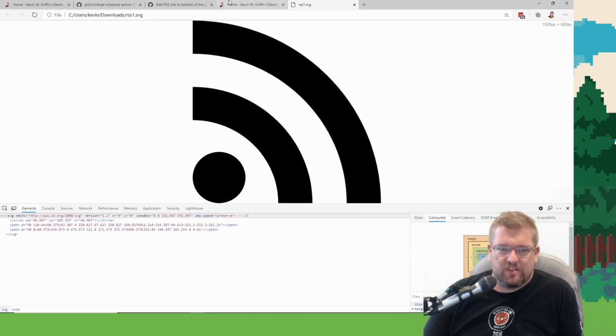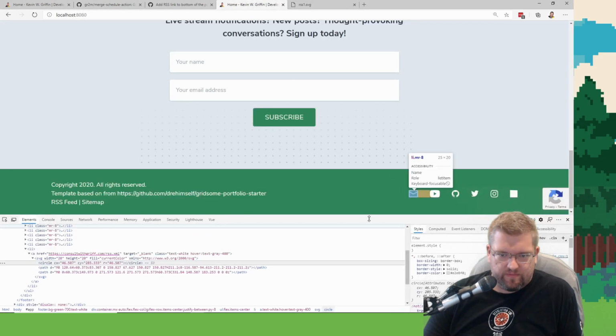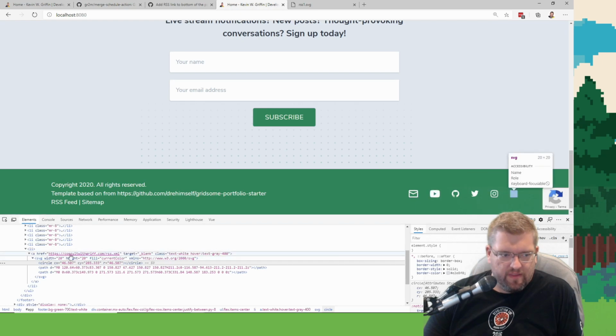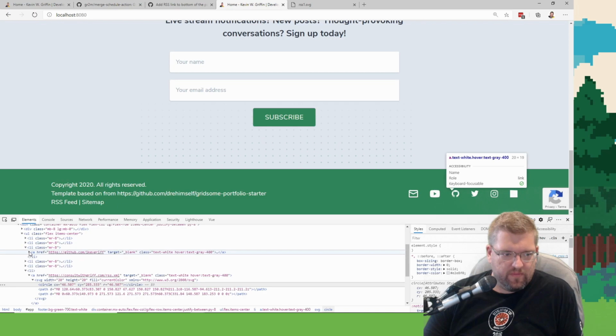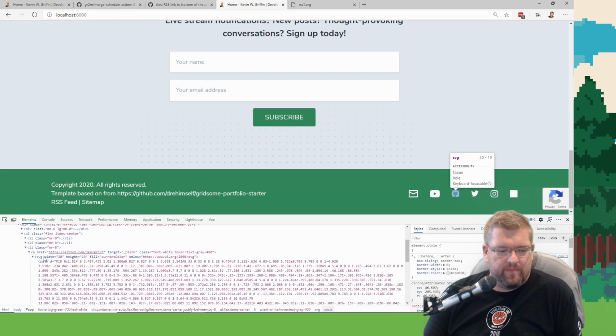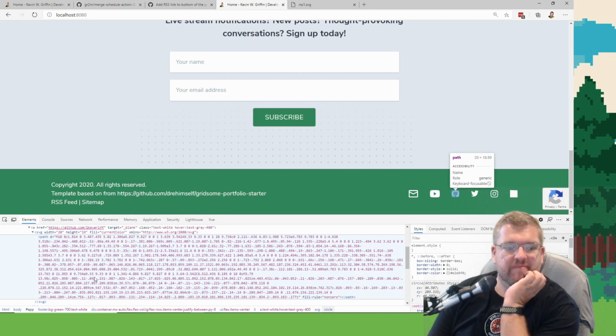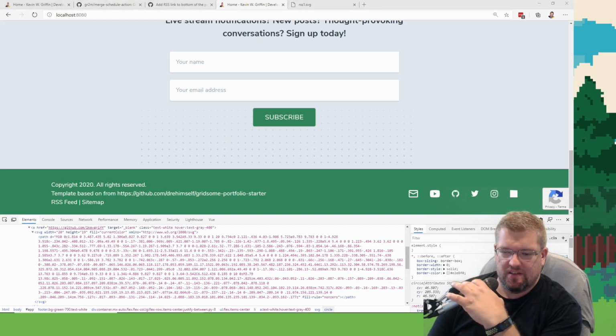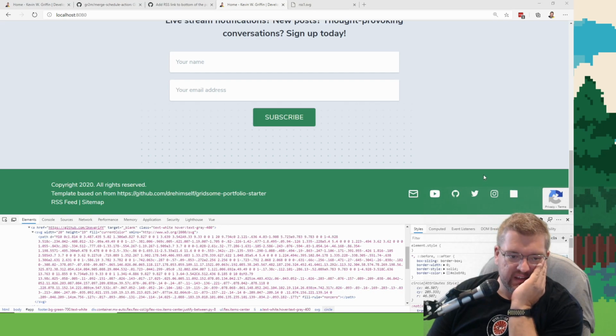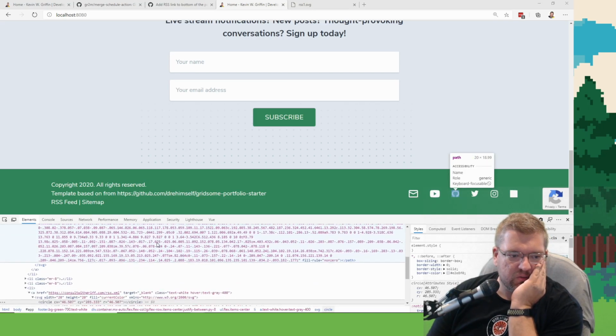Because I bet that's what it's doing is the path for one of these. So let's use like GitHub. The GitHub path is cutting out the circle and octocat. So it can't. Oh, yeah. So, yeah, that's not going to work.